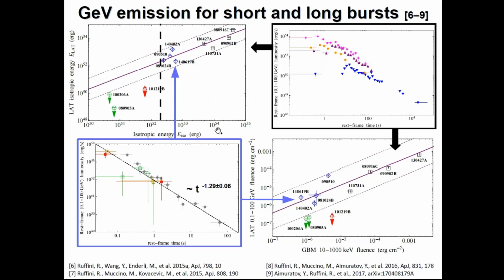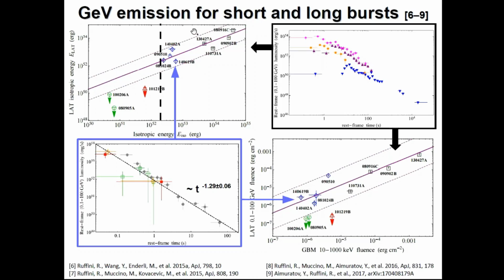The triangles here are long GRBs with energy lower than 10^52 ergs, and these are short GRBs with energy lower than 10^52 ergs. As you can see here, okay, forget that this line is shifted, it should be here. Below the 10^52 limit, we have only upper limits for the GeV detection, GeV emission or detection. Namely, sources below this value of the isotropic energy do not have